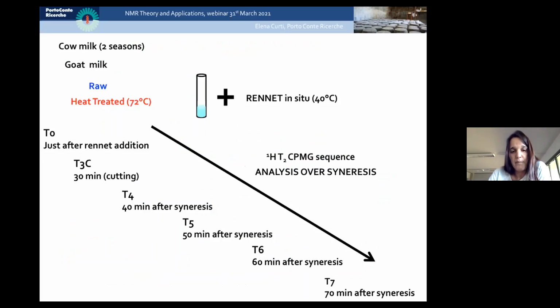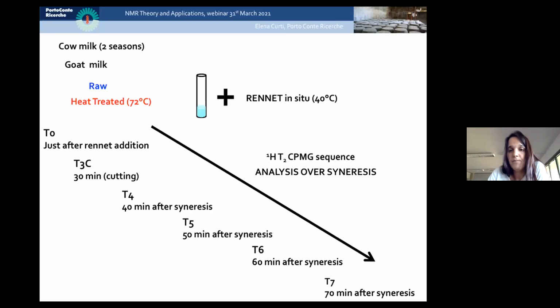This time we selected 2 types of milk, from cow and goat, and in the same way as in the previous study, we used both raw and heat-treated milk, again at 72. We put the milk in the NMR tube, and we decided to add rennet for curd formation directly in the tube, so we can observe in the TD-NMR